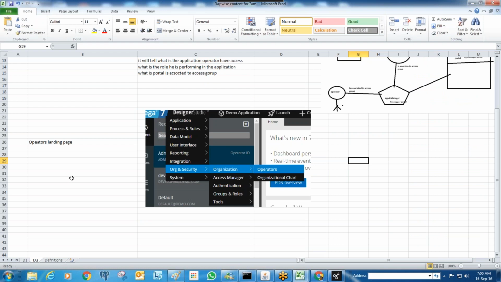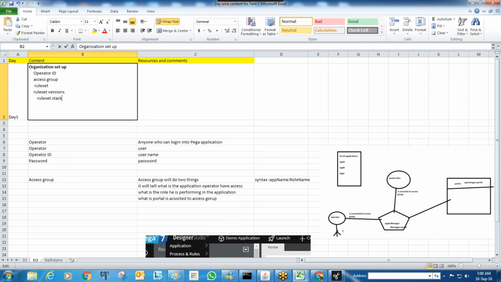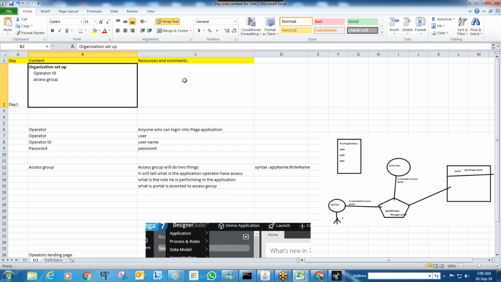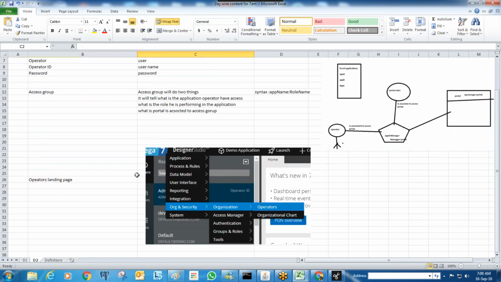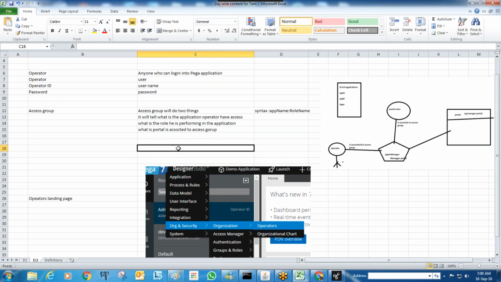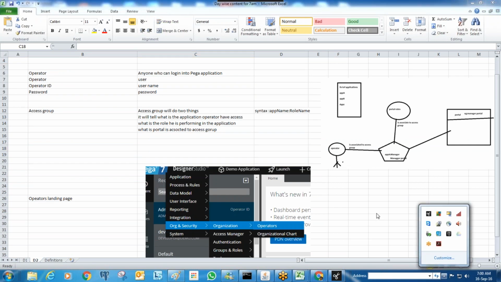Any doubts in this? So we are going at a very low pace, so let's discuss only this one. We need to discuss the remaining things again. Take one more day. Rule sets is again a big topic and takes some more time. So please join at the specific time so that we can cover some more topics.